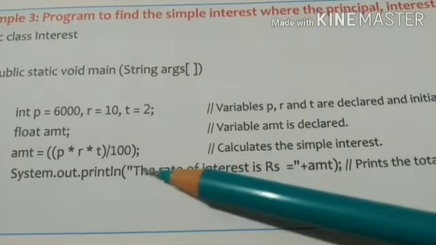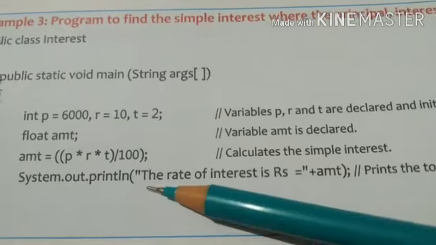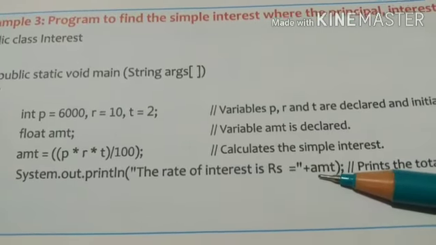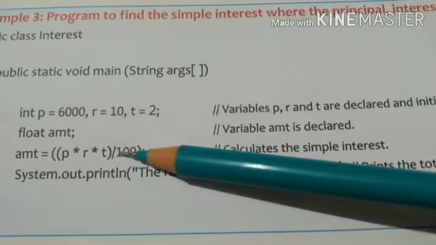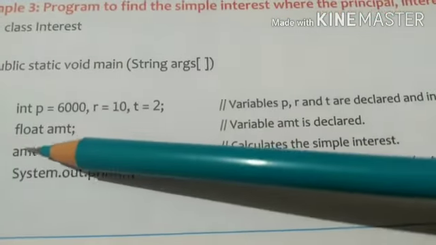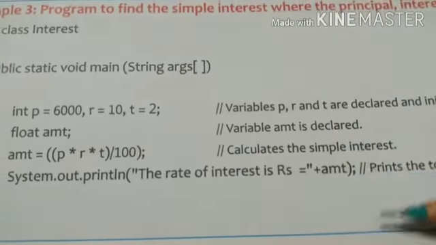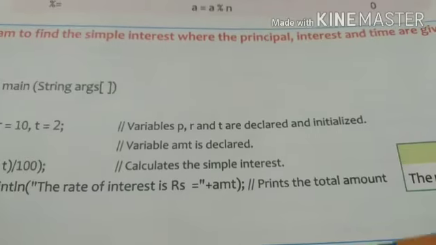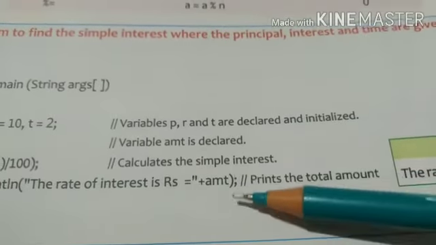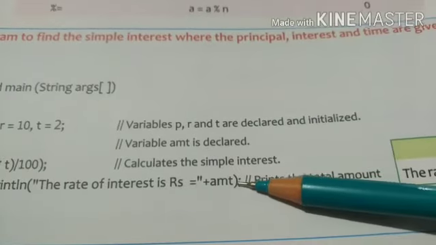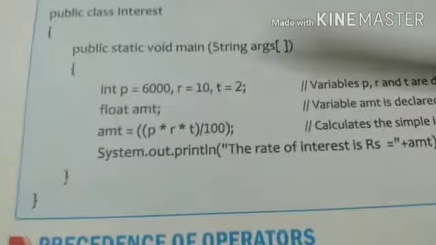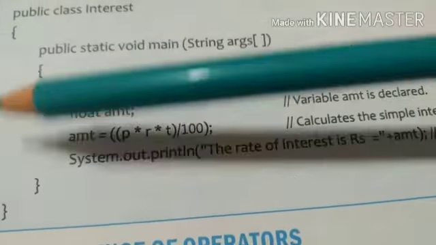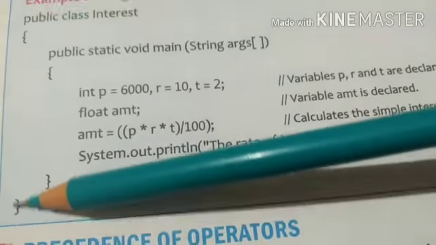So you want to print all this. It means whatever is inside the double quotes is going to be printed. And then plus means in the same line what value you require. Whatever calculation has been done will be stored in amount. So that amount we want to print here. So it is plus and then amount. And after the amount we have to give the semicolon also. And you can see the bracket has been started, so we have to close it. And again the first bracket was there, so we have to close that also.